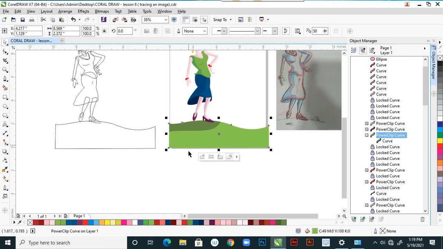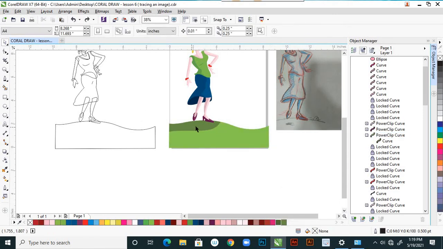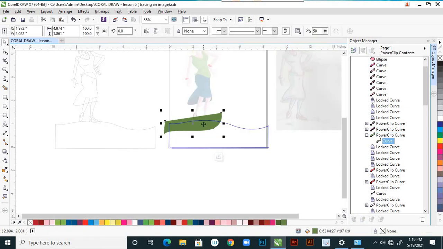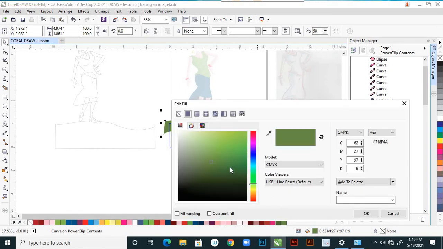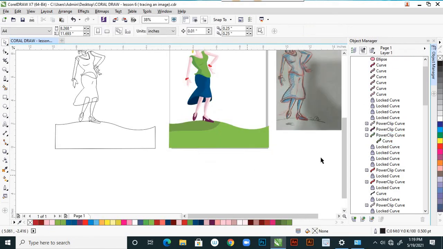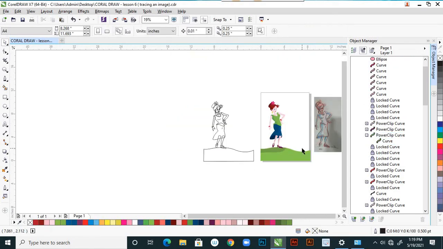Yes. But I want a light color for that. So I want very light color. Yes, this is okay. So Control S,